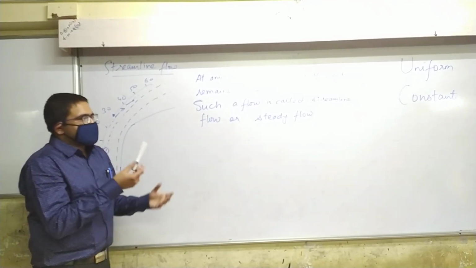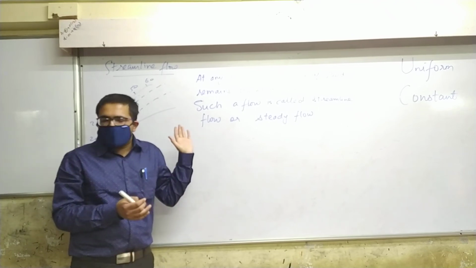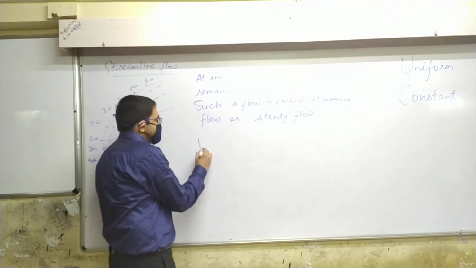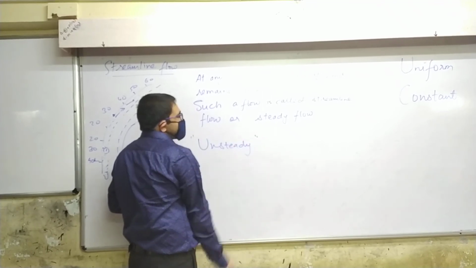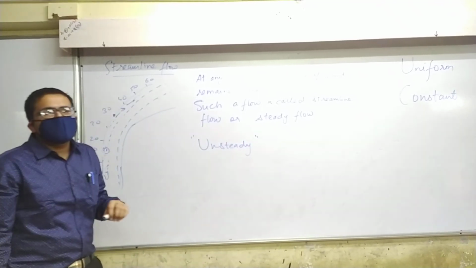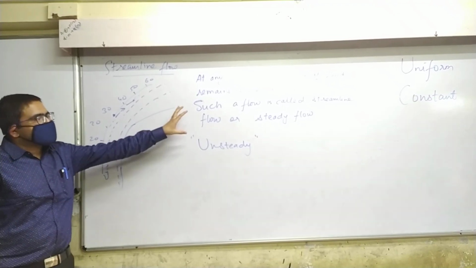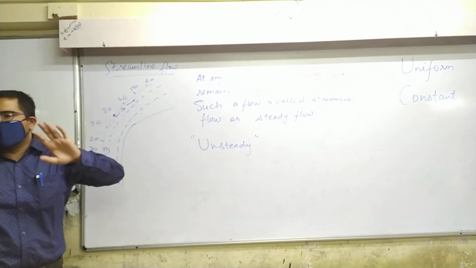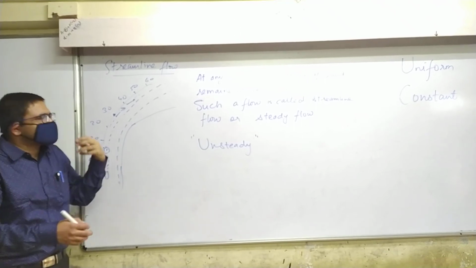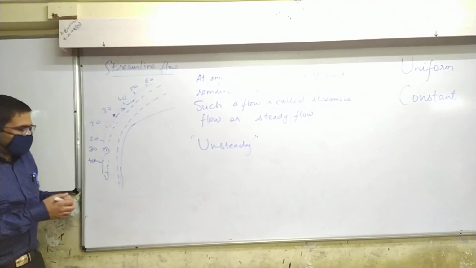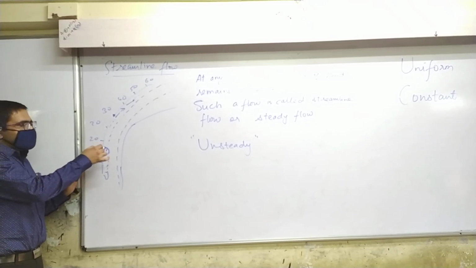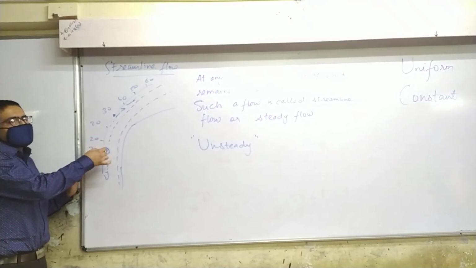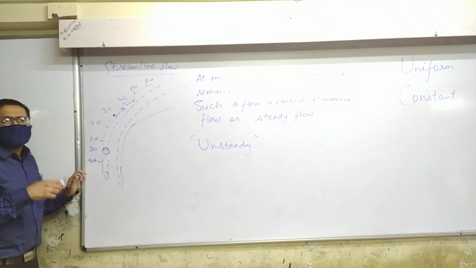Right? What's the opposite of this? Suppose this doesn't happen. Then it is called unsteady flow. What is it called? Unsteady. Right? You know, steady flows are very predictable. Predictable, that is, you can say what will happen. For example, if you start from here, you can predict that at any time here the velocity is going to be 30, fine. In unsteady flow, you can never be sure.